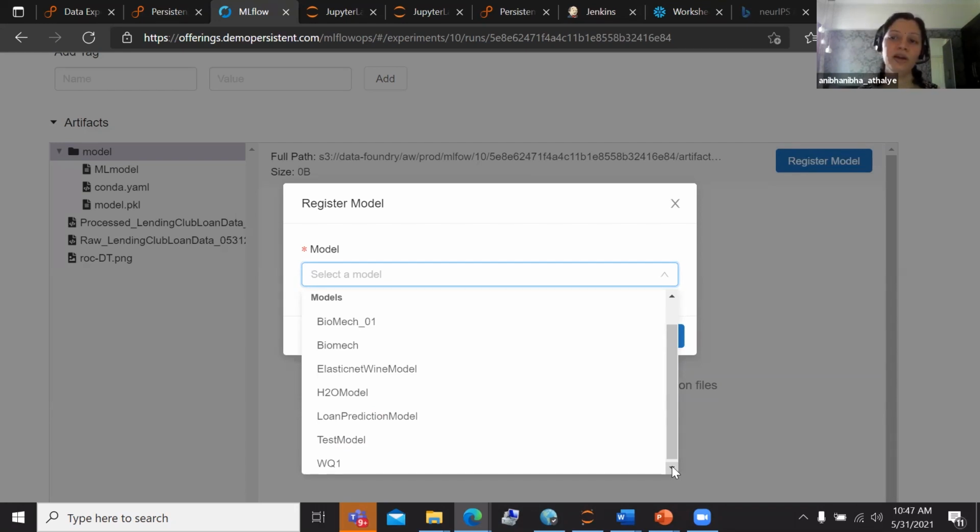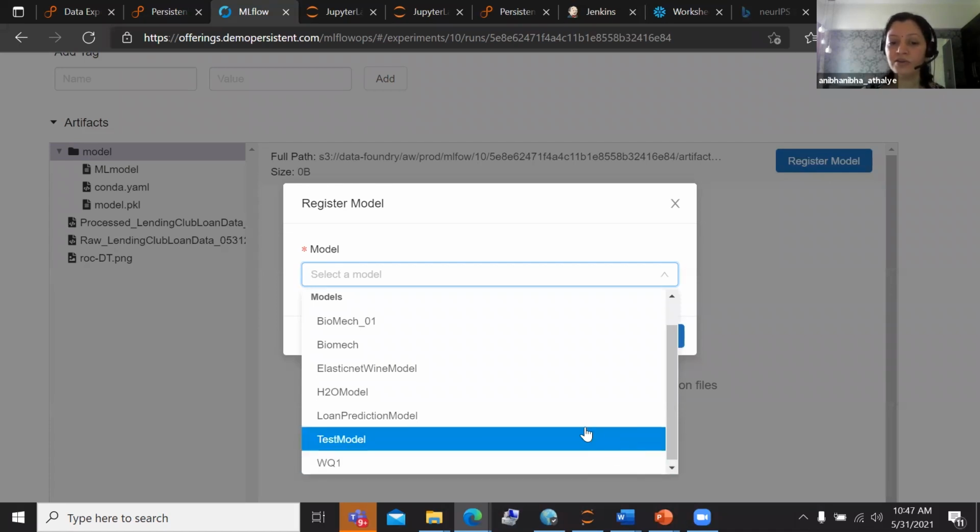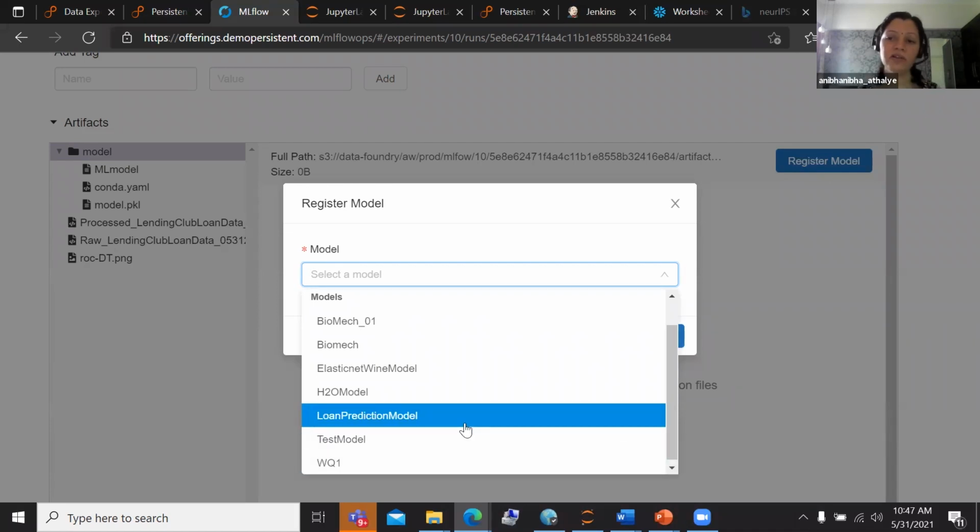So you can have a loan prediction model version 1, which is probably something that you push to production, so it's tagged with the production environment. You can have version 2, which is on the staging. You have done certain incremental optimizations on top of that, and you still have version 3, which is still under development.